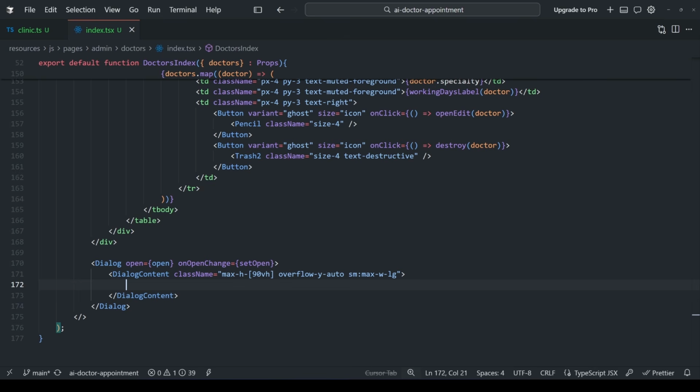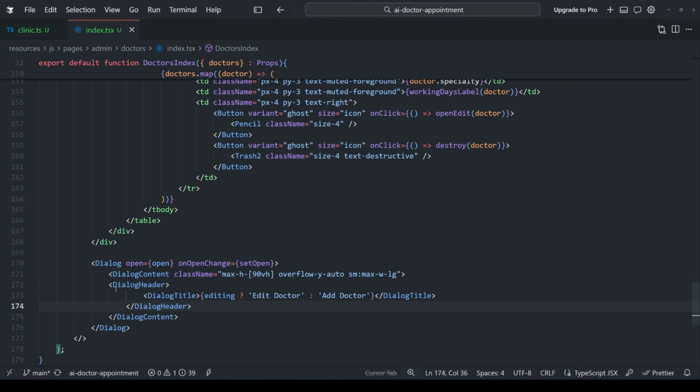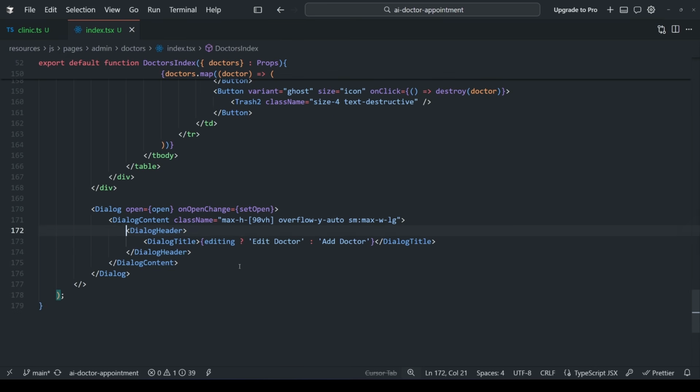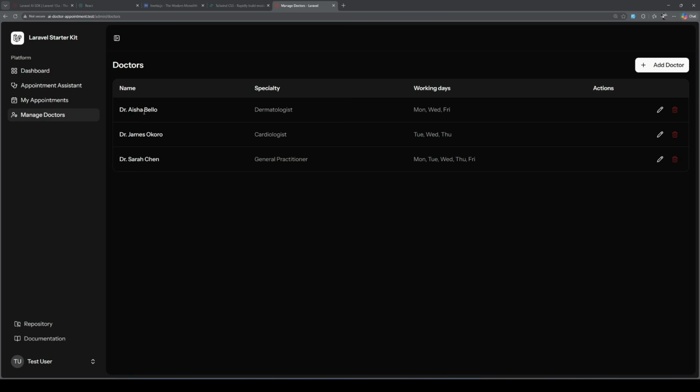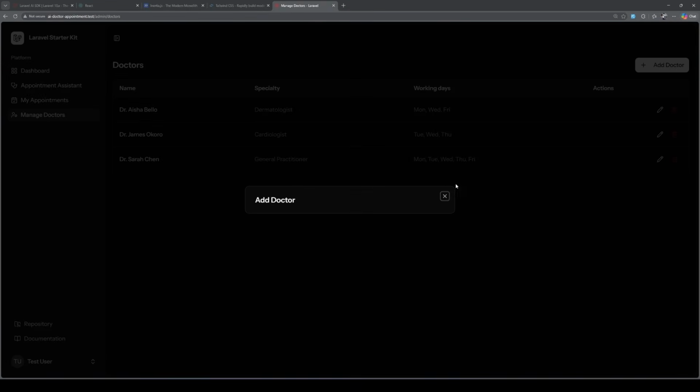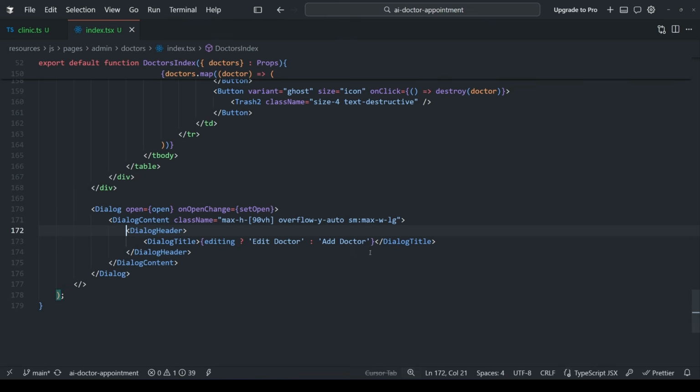The dialog is controlled by our open state, and onOpenChange hands control back the other way. When a user presses escape or clicks outside, the dialog calls setOpen(false) for us, so it closes properly without any extra code. On the content, max-h-[90vh] with overflow-auto means the dialog never grows taller than 90% of the screen. With 7 day rows plus 3 text fields, it can get tall on a laptop, and this makes it scroll instead